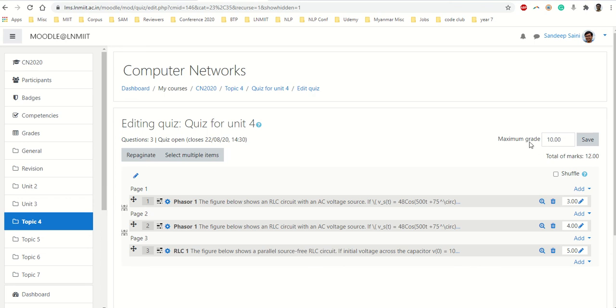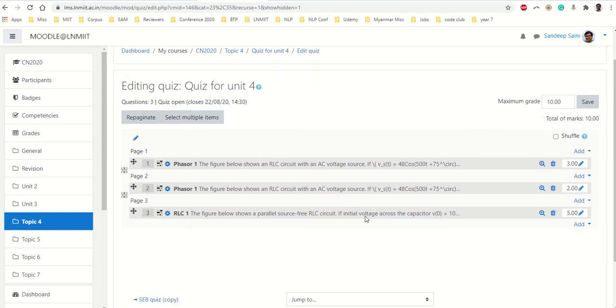Please do not confuse the maximum grade with maximum or total marks. Even if the total marks are 20, finally, if your quiz weightage is 10, the marks will be adjusted as per the final total of 10. So that will be fine, you don't have to worry much. But if you can bring this total down to 10, you make the questions in such a way that these marks are also 10 and weightage is also 10, then there will not be any confusion.